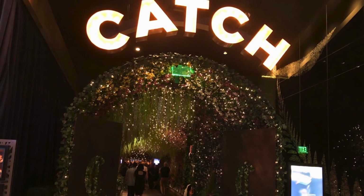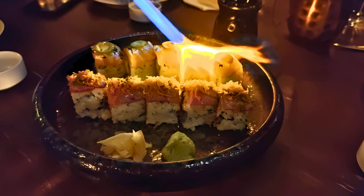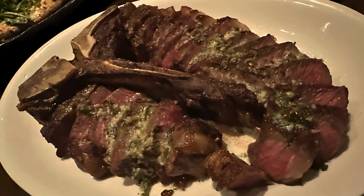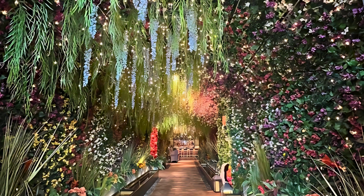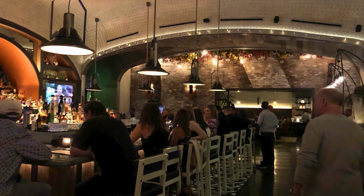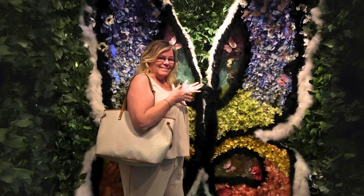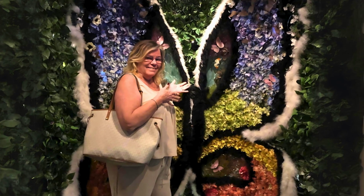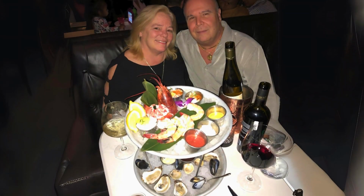And next, catch! This gem is renowned for its Asian-inspired sushi, seafood, and steaks. The ambience is electric, set by an 80-foot garden walkway that leads to the main dining and bar area. Check out the butterfly that Kim found, pretty cool stuff. And for the food, our shared seafood tower and the